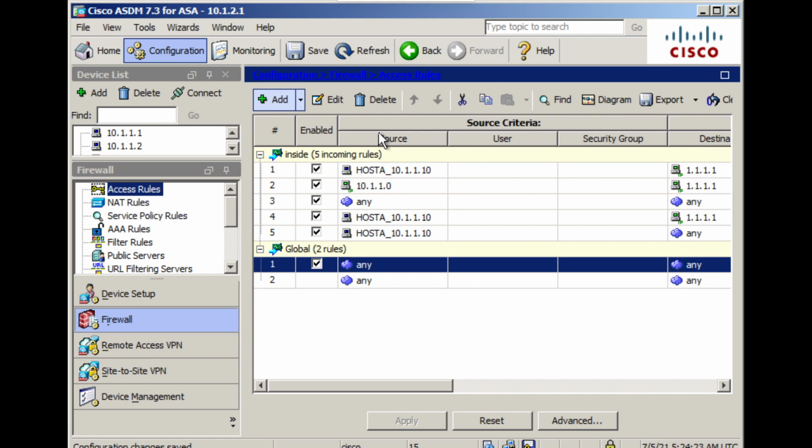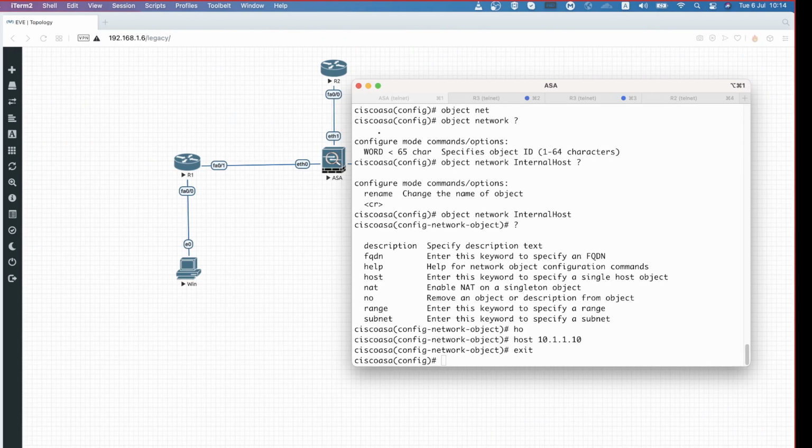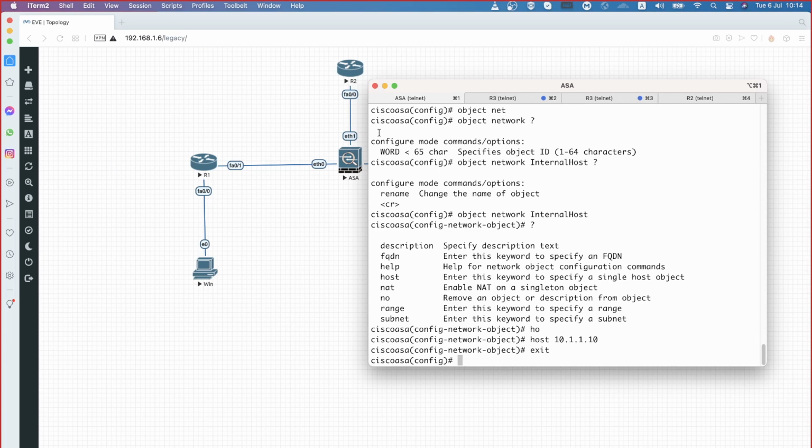Is this clear as of now? Don't worry, I'll explain certain more things in tomorrow's session. If you are clear on this, I can stop here and make you work. Any clarity required on this? Understanding the relationship between the access rules and the security levels, that's the discussion we are having now.